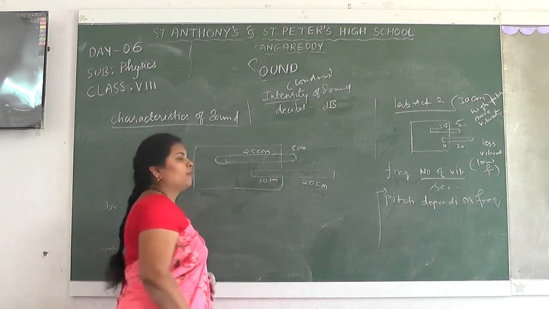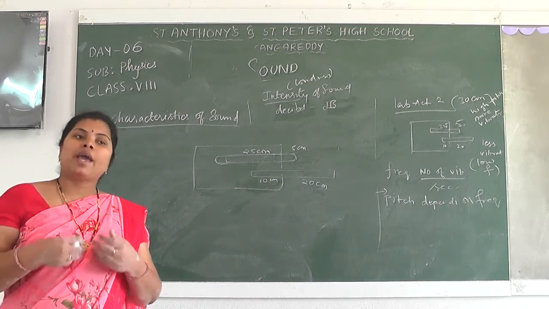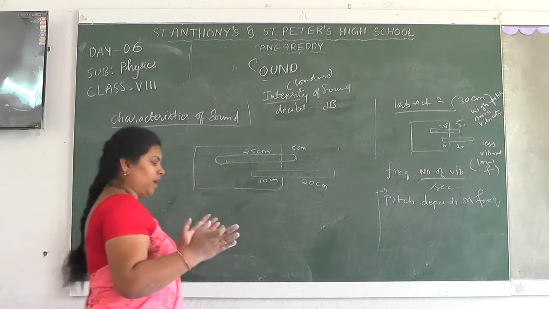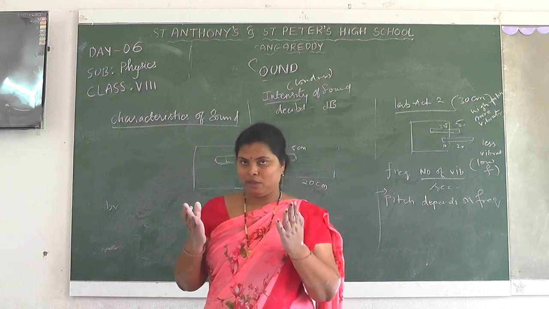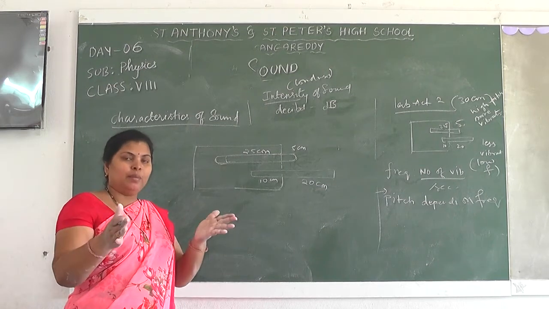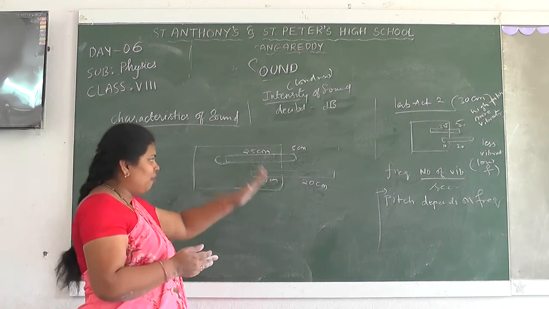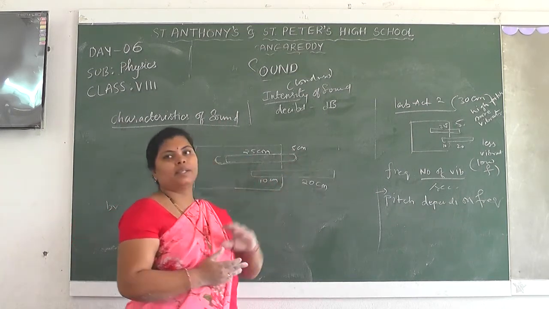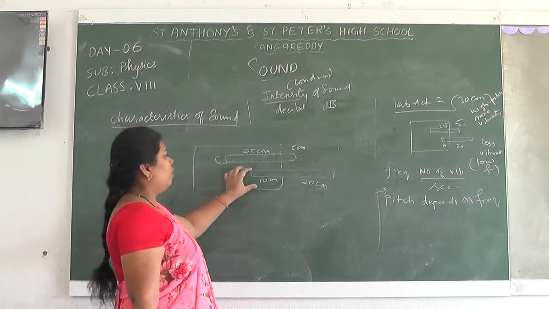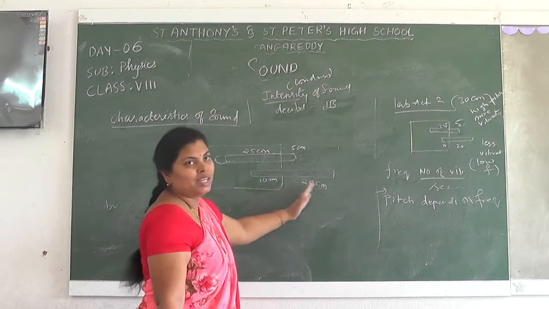Did you understand, children? Here you need to take 2 thin seesaw blades or iron scales, if you have very thin ones, of 30 centimeters length. Now 25 out of 30 centimeters of the blade should be on the table and the remaining 5 centimeters outside the table. In the same way, for another seesaw blade, 10 centimeters is on the table and the remaining 20 centimeters is